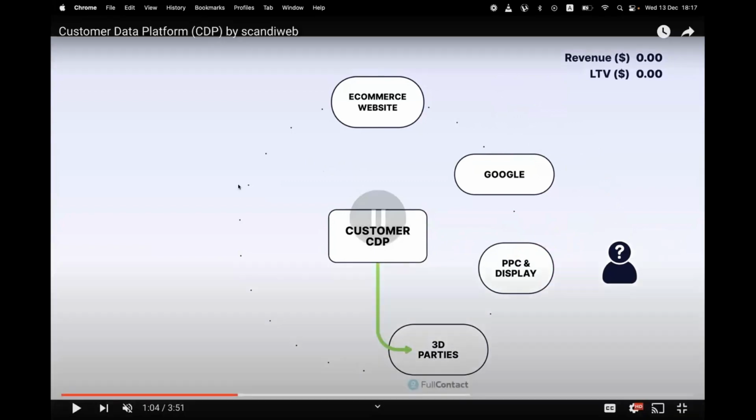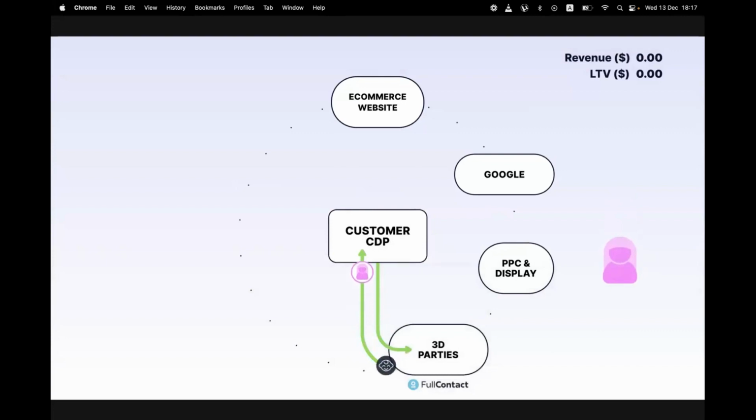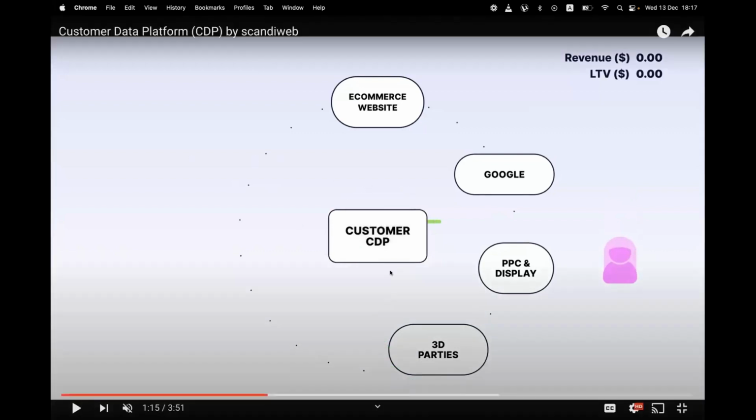We can go further. There are compliant third parties. We can send certain user data. If the person accepted cookies, we can send this data and inquire: who is this person in general? Maybe not in particular, but in general, a socio-demographic profile. Let's see what we get. Gender is female, has children, interested in sports, travel, and fashion. Okay, so our customer CDP profile is now updated. We still don't know email, name, address, anything personal, but we know certain preferences and demographics.